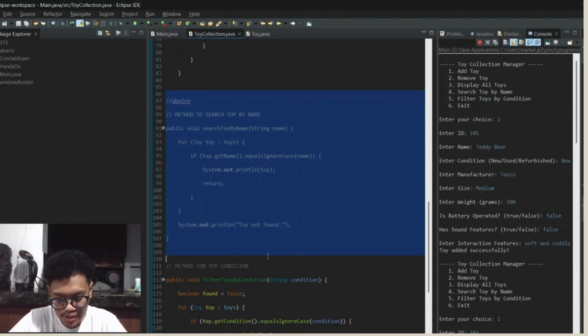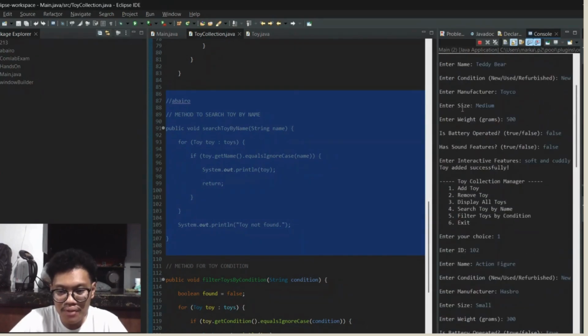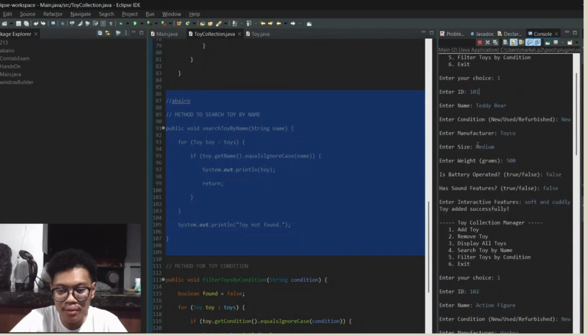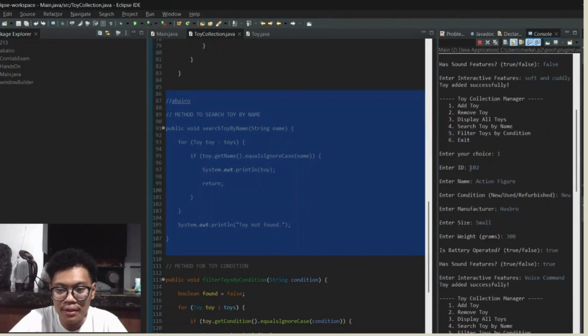So here is the sample output of this. I entered the teddy bear. So if I search the teddy bear, it will show the teddy bear here.